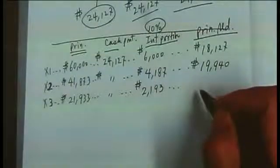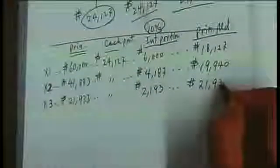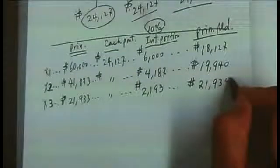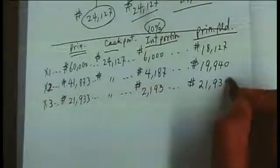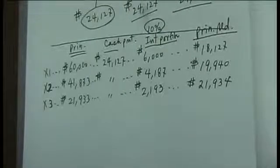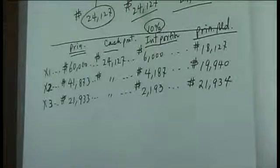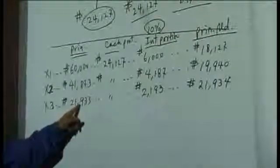And reduction is 21,934. Which one? And change of interest. I'll give you $1. You need $1? I'll give you $1. No problem. That's usually what I have, $1. Do you see that? Soon as you make this payment,